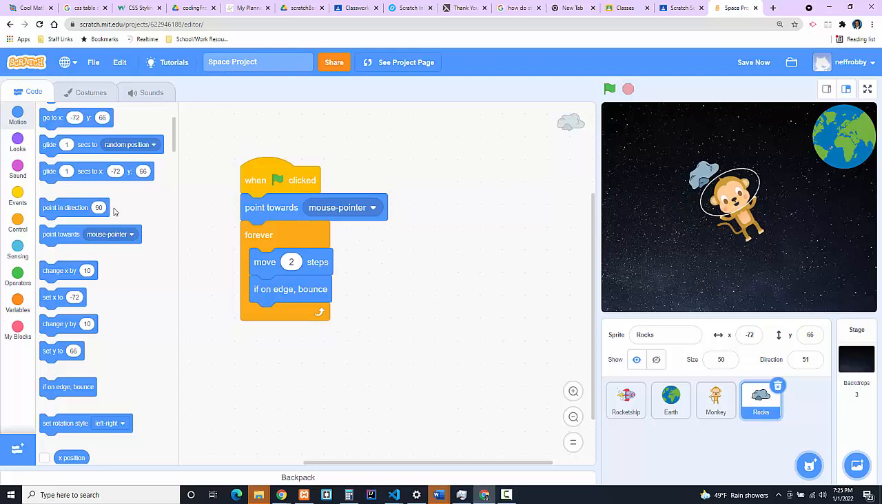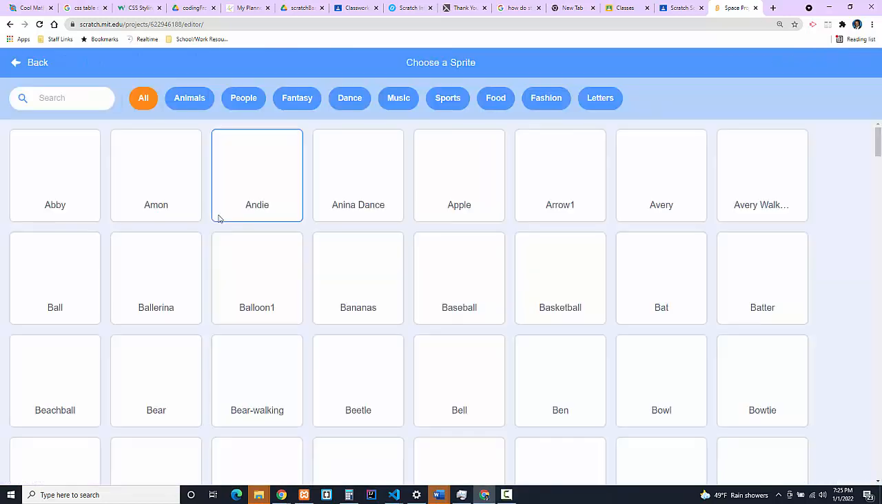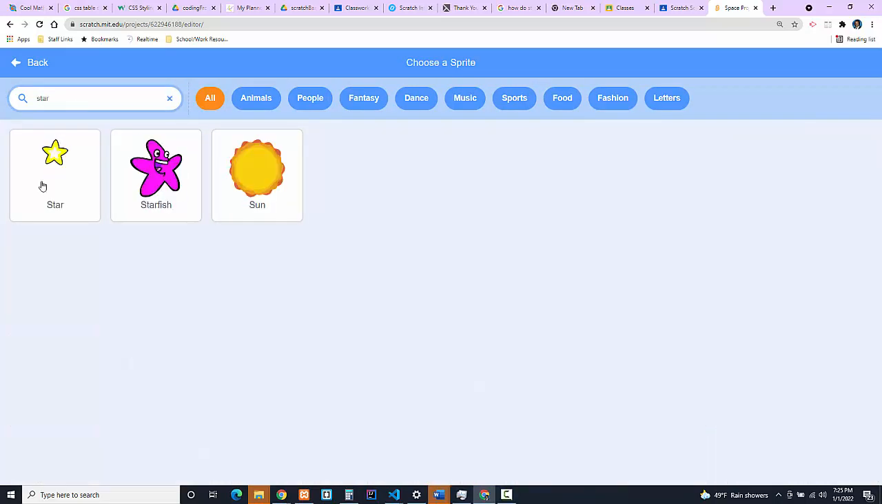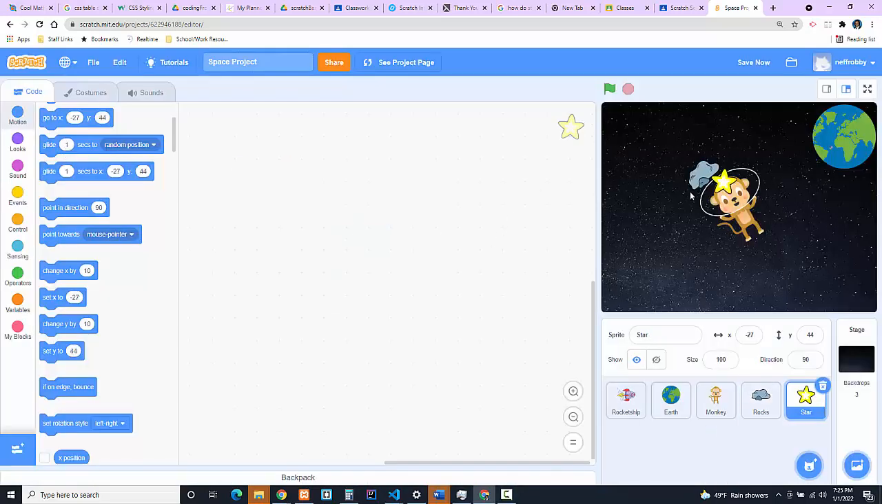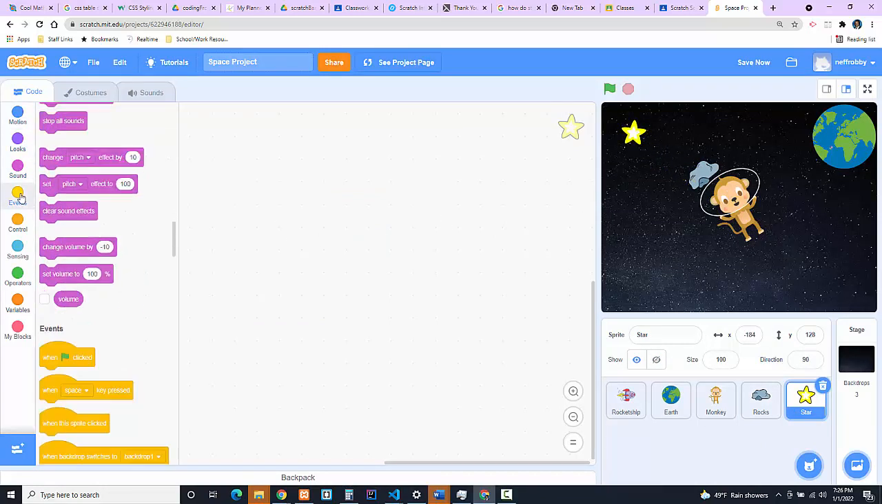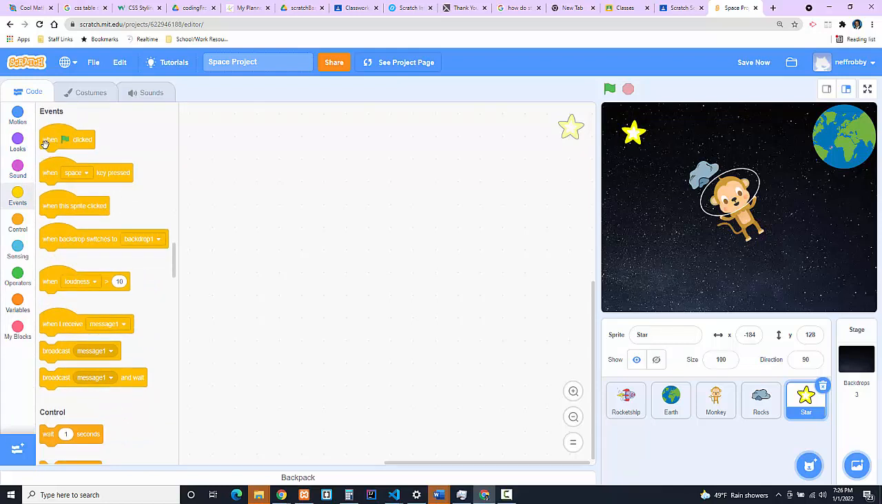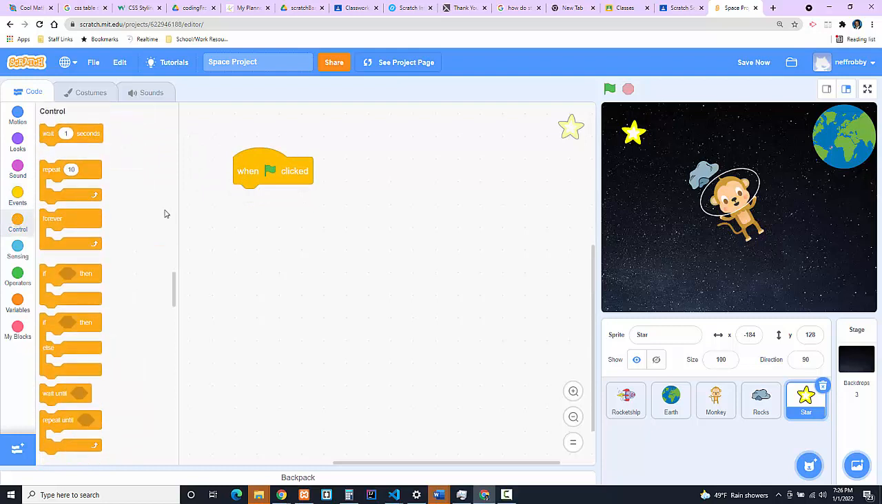Let's add one more effect. This time we're going to add a star. So if I click on choose a sprite, I type in star. I have this star right here, so if I click on it, I'm just going to grab that star and move it over into this area of the screen. We're going to add a couple of things to our star. Once again, we'll use in the events category when green flag clicked, and we'll go to control, and we'll add